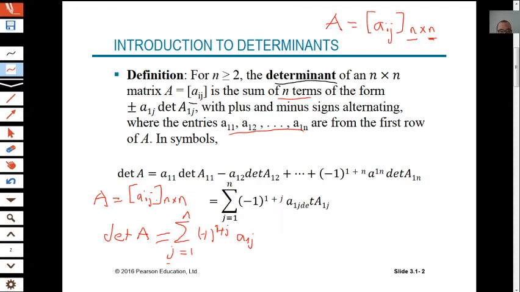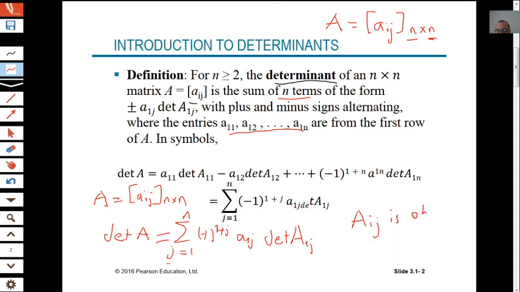As you can see, i is equal to 1, which means that we use the entries in the first row of the matrix A, times the determinant of bigger A1j. So here A1j, or generally bigger Aij, is obtained